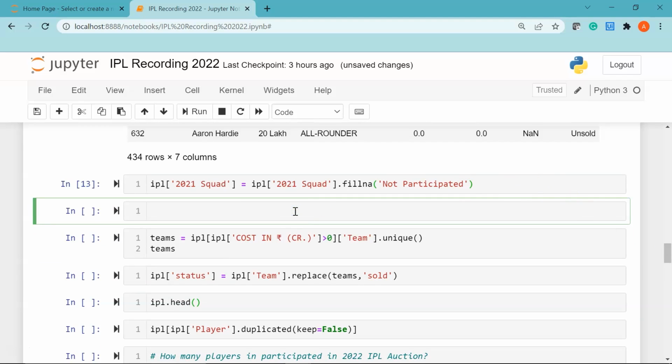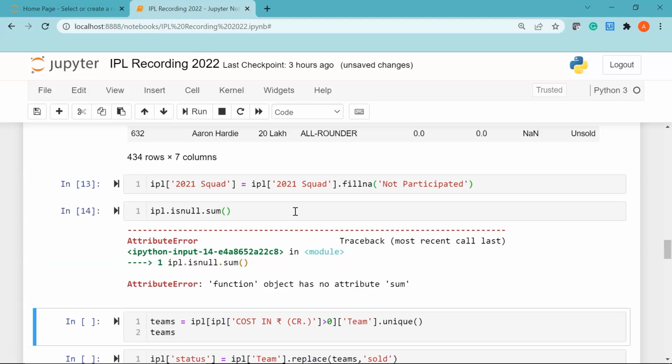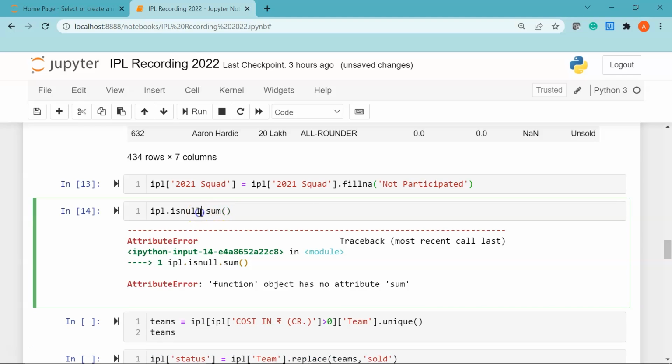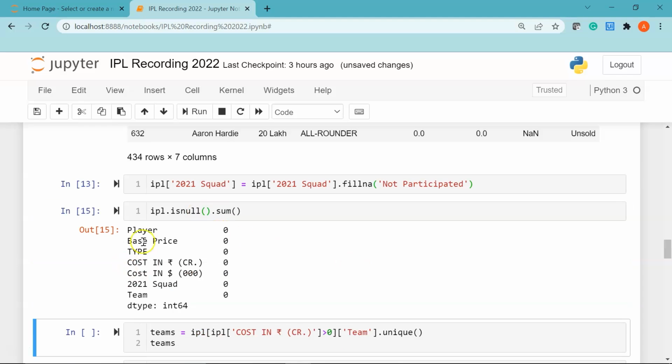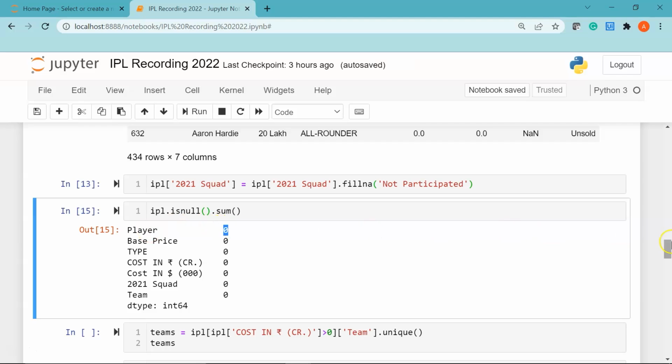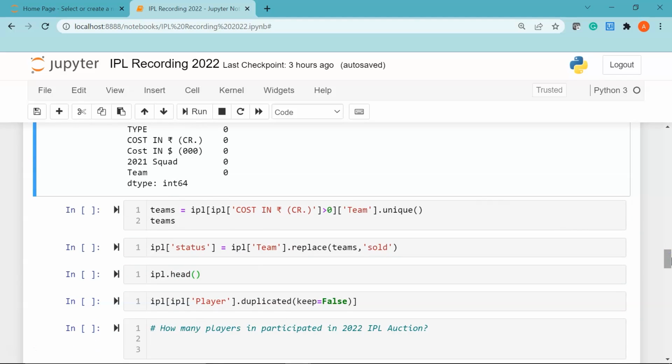Now that we have treated the null values successfully, let's verify it again. So I'll just say IPL dot isnull, and then I'm going to use the sum function. If I run this, cool. Now if you see, we have successfully removed all the null values and replaced them with either zeros or not participated, and hence now you can see none of the columns in the IPL data frame have null values, so it shows 0. Great. Now moving ahead,